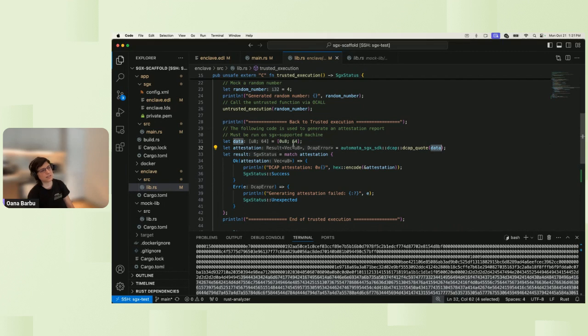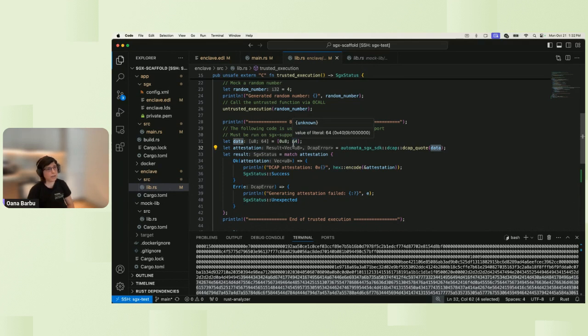So in this case, this data is just a bunch of zeros, but this is a field that we can use to attest on some data particular to our application. So let's say I generate a private key inside the enclave, and I want to show that this private key, or rather the public key part of the key, was generated inside the enclave, and I want to say, hey, you can trust this public key. Only the enclave knows